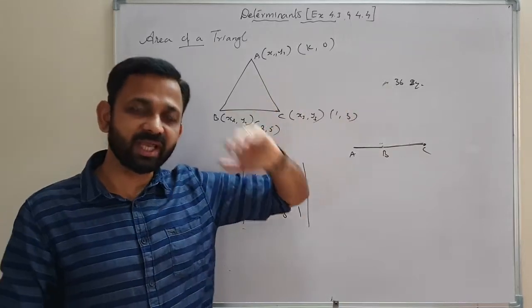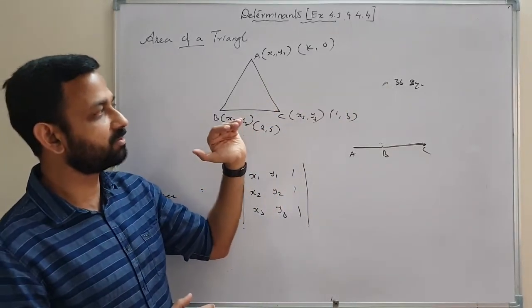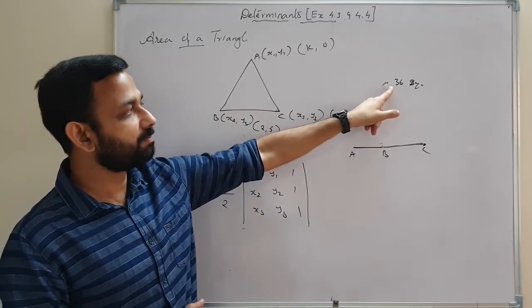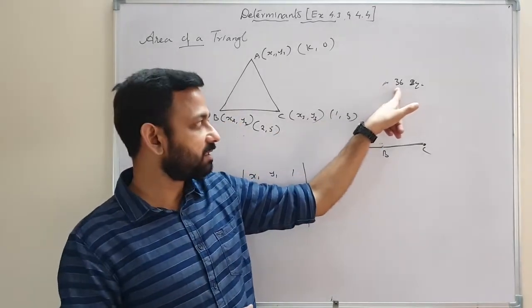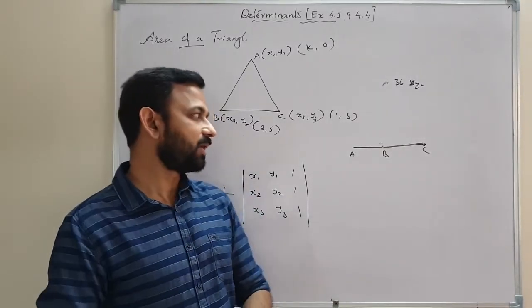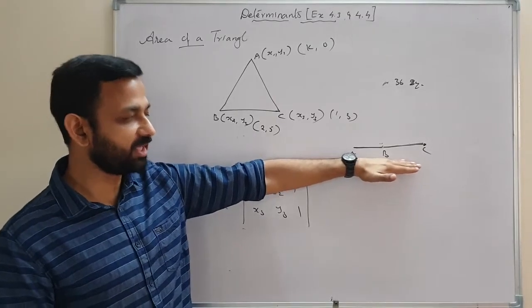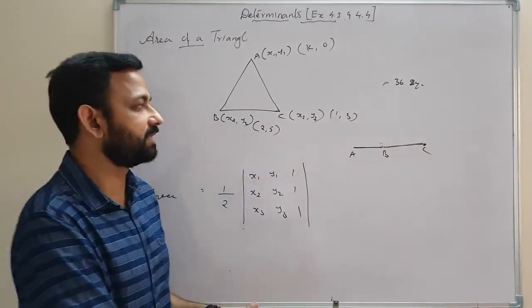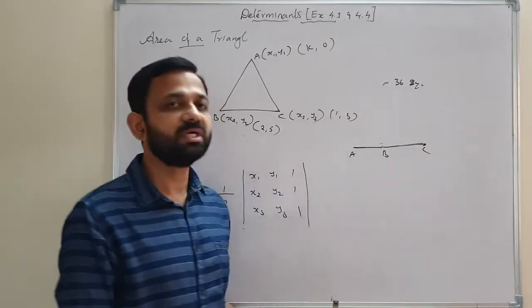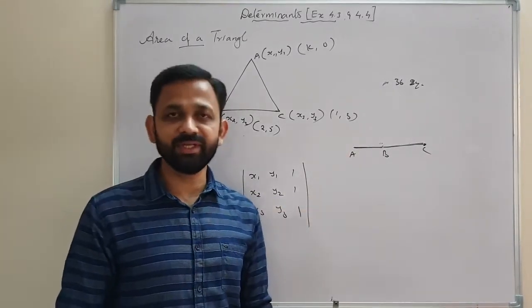So when we use the area in any question where the area is given, we need to use plus or minus area. And when we find the area, we always take the positive value. And if we want to check whether the points are collinear, just find the area of the triangle formed by those 3 points. If the area is 0, then those 3 points are collinear points.